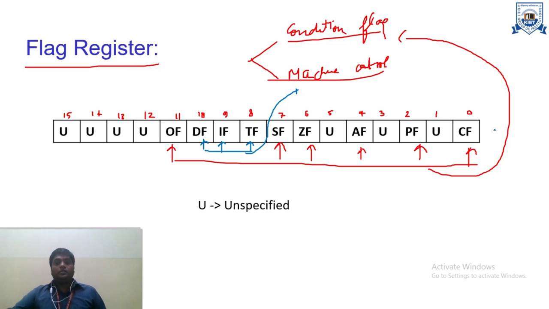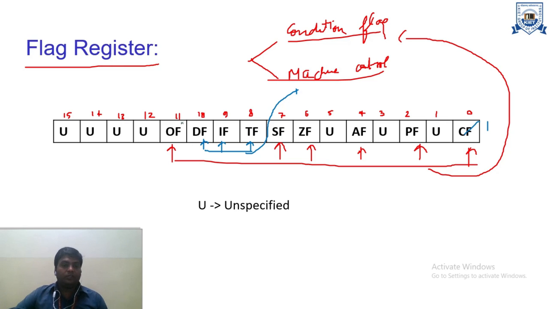If we talk about the carry flag, if the bit value is 1, that means there is a carry. For the parity flag, if the value is 1, the microprocessor is considering even parity. AF means auxiliary carry flag, which means when we perform addition of two numbers, we have an auxiliary carry. ZF represents the zero result flag. SF represents the sign flag. If it is 1, the sign is negative. If it is 0, the sign is positive.